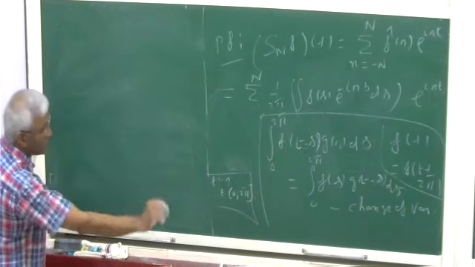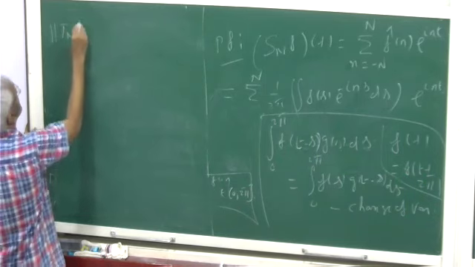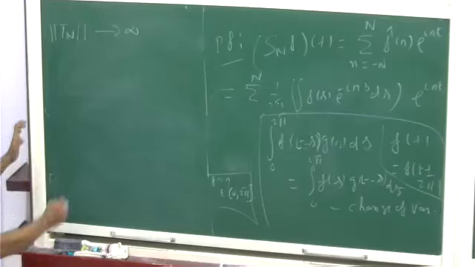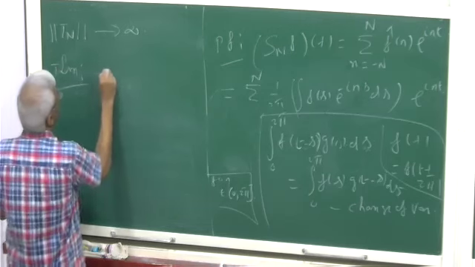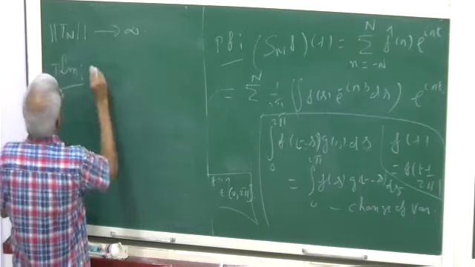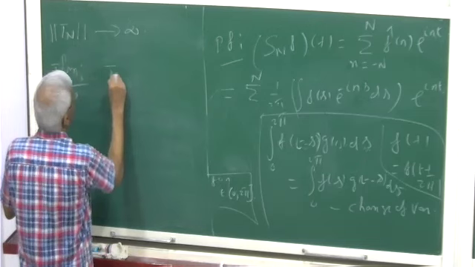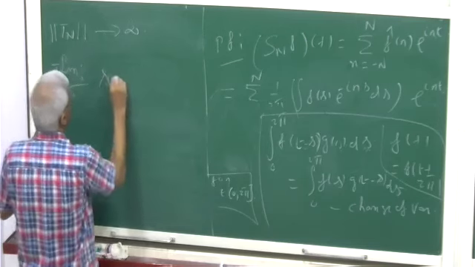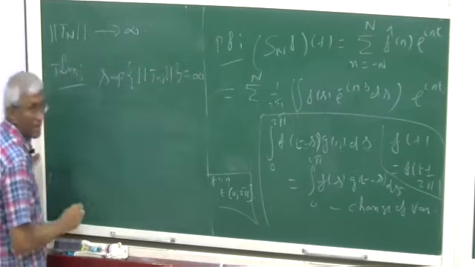Okay. Now, we have proved that the norm of Tn goes to infinity, right? So what does this mean? The uniform boundedness principle is the following. I'm just restating it. So for each n, you have a Tn. If the supremum of the norm of Tn is equal to infinity, then